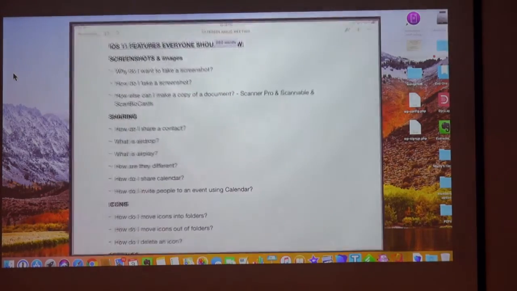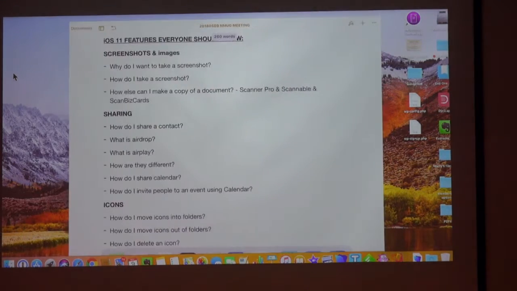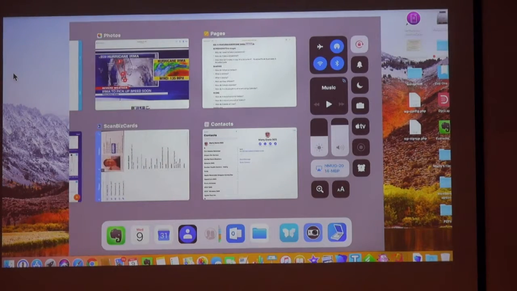All right, so let's just talk about AirDrop and AirPlay, because we talked earlier about what's the difference. AirPlay is what I'm doing from my iPad to the Mac, and the Mac is hardwired to the projector that you're seeing on the screen. So when I make a change here, I'm playing it, and I'm playing it because I've put it in screen mirroring. And you see on your Control Center again,